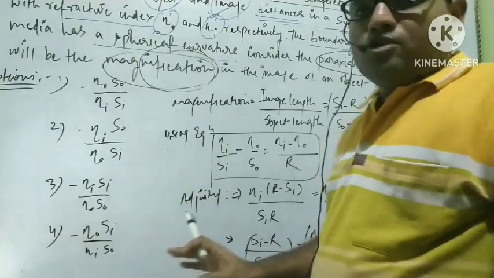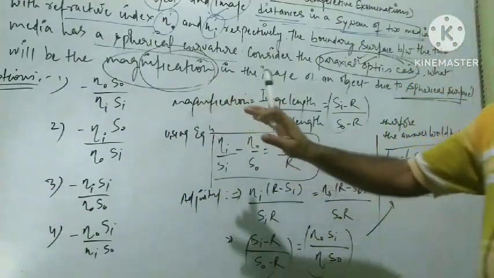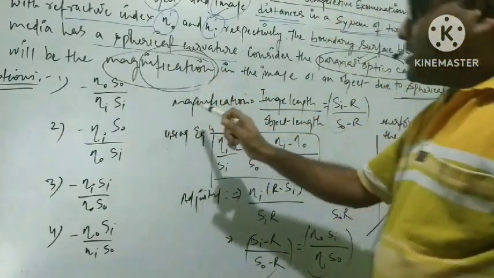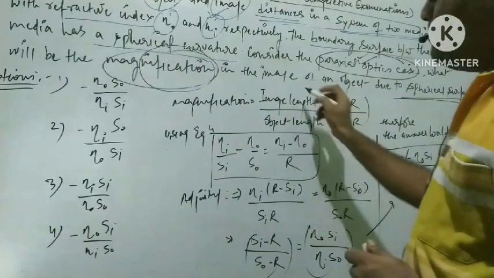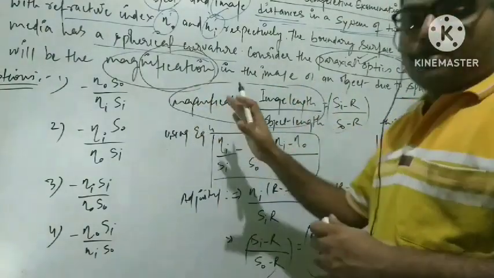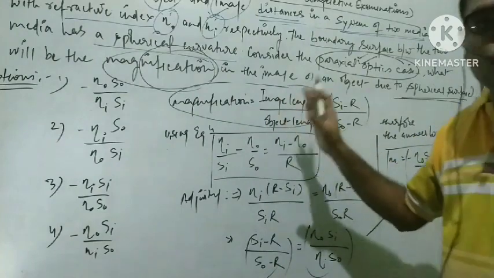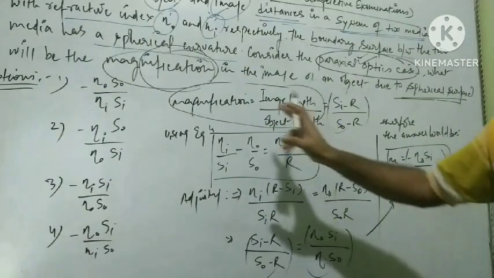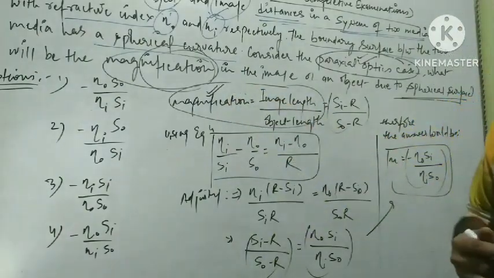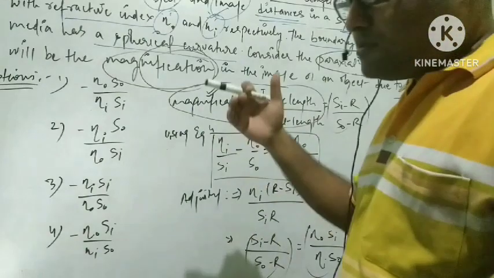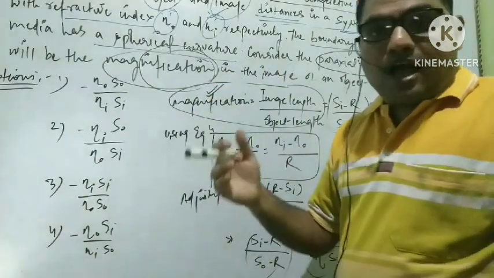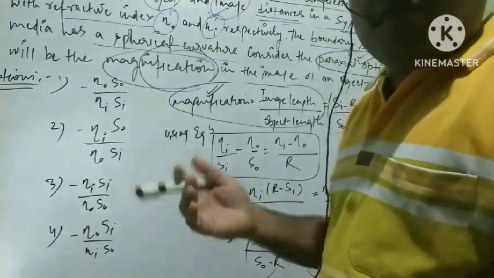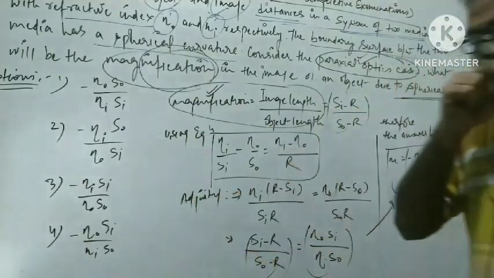What is the magnitude? When I solve this problem, we have to find the magnification. Magnification, by its lateral definition, is the image length with respect to the object length. That's why I divide the image length by the object length. If we consider magnification as a physical definition, it tells how large or how small the image is, that is, what the length of the image is with respect to its object.